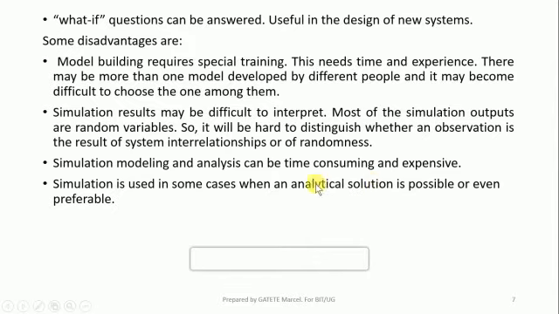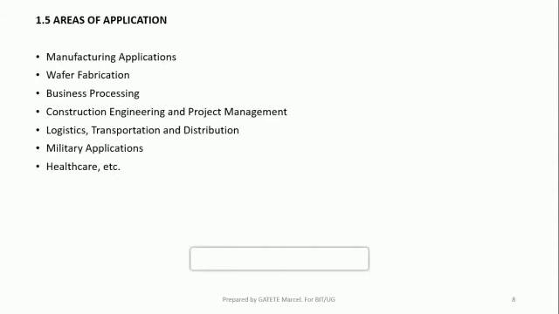If you use a simulation, it will be time consuming and expensive. But if you use an analytical solution, it will take less time and be inexpensive. It will be cheap. So you have to think deeply before choosing which method to take. These are the disadvantages of using simulation. So we are going to see area of application.